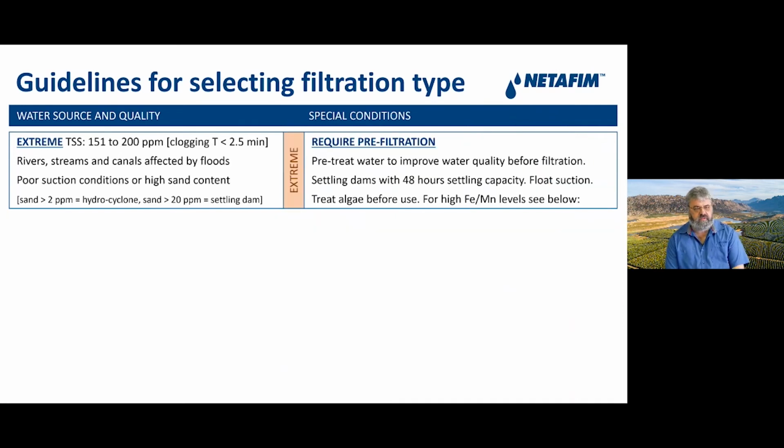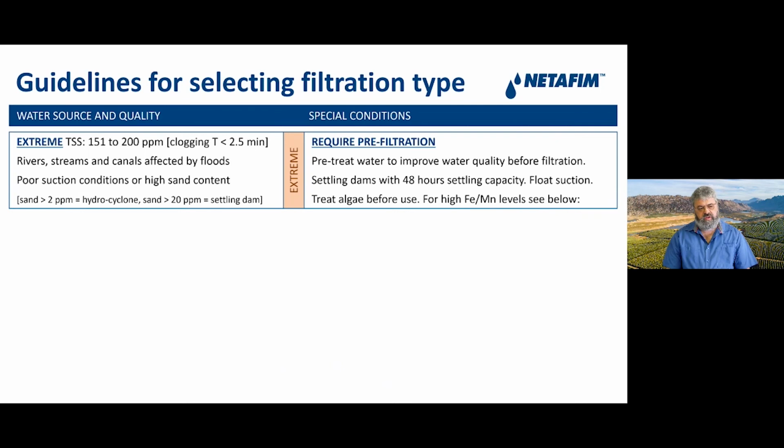Guidelines continue. This is what we call extreme. Some people call it very poor, some people call it bad. But this is water that is in a quality that you actually require pre-filtration. You cannot get away without pre-filtration. Normally when you have rivers, streams, canals affected by floods, you have a poor suction condition or you have a high sand content. So with the sand, we said on the previous slide, it's important to take care of it,